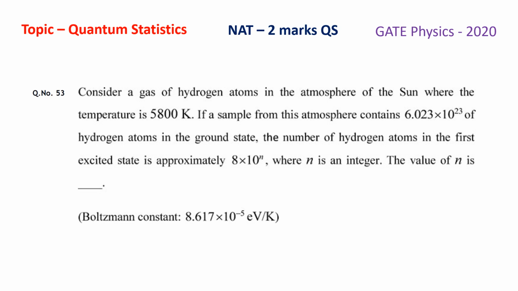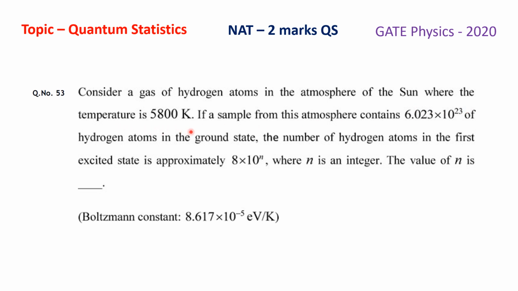This question was asked in the GATE Physics paper 2020. This is a numerical answer type question having 2 marks. The topic of the question is quantum statistics. The question is, consider a gas of hydrogen atoms in the atmosphere of the sun where the temperature is